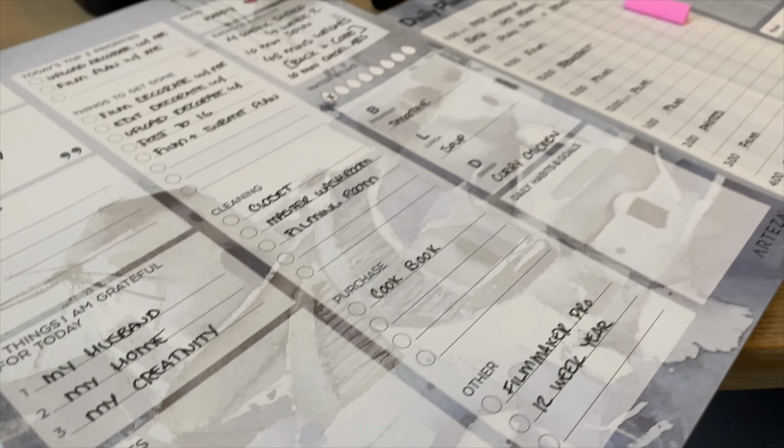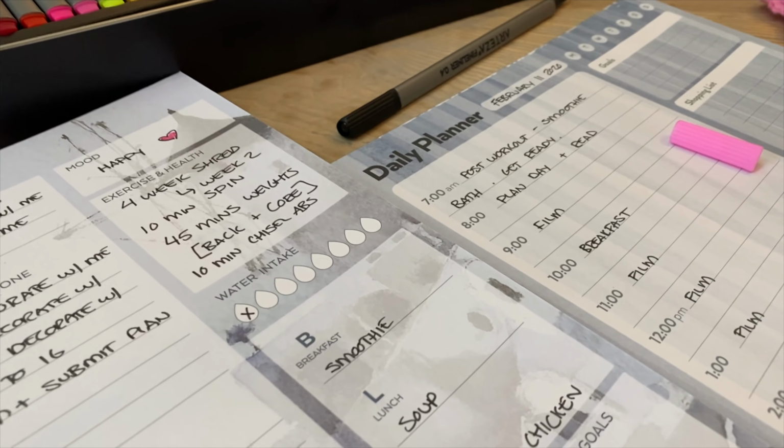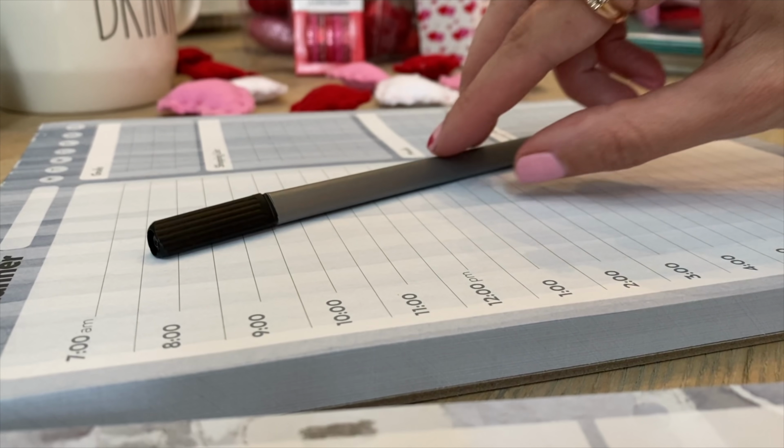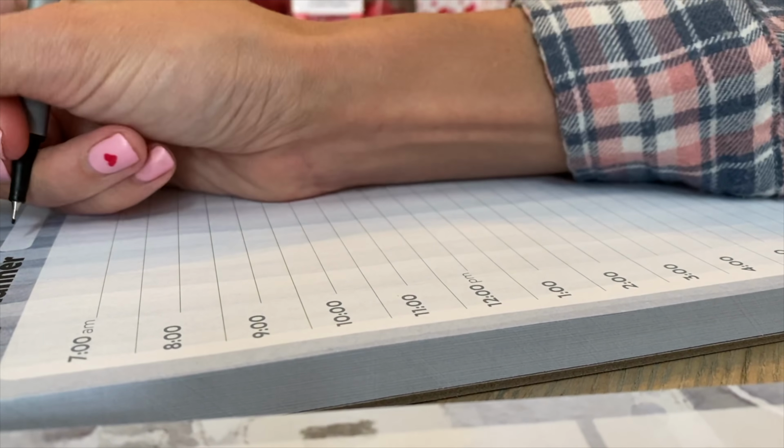That went super well, so I can track all that. I can track my water intake, which is going super duper so far. Breakfast, lunch, and dinner, and then daily habits and goals. I'm obsessed. And then once I was done with this, I went into the other planner, which was by the hour,